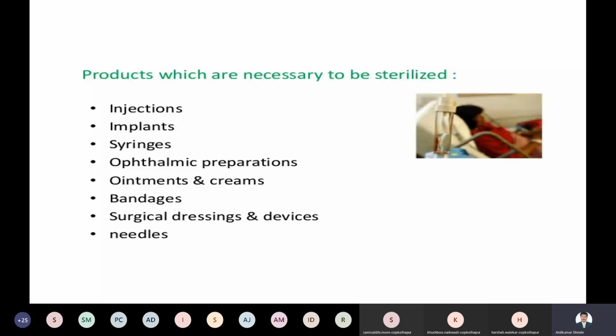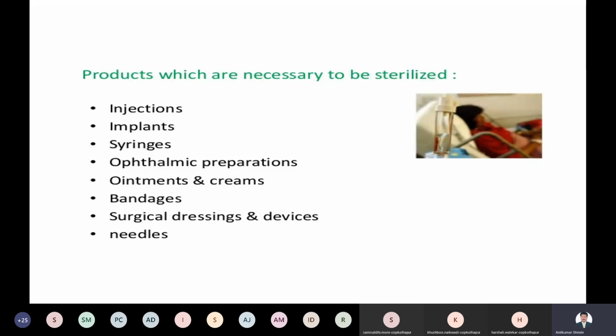Generally, infusions can be prepared with the help of a technology called FFS. So what is meant by FFS? FFS means form, fill, and seal. Understand it? All right. So this is a very automatic procedure that can be done without any touching, in bottle and in products that are available.